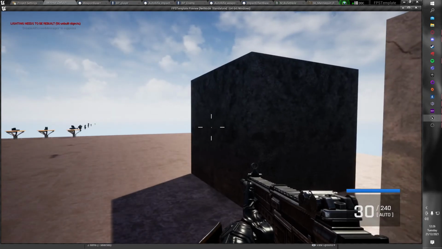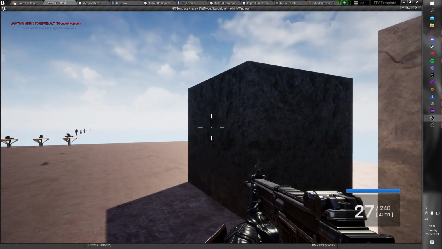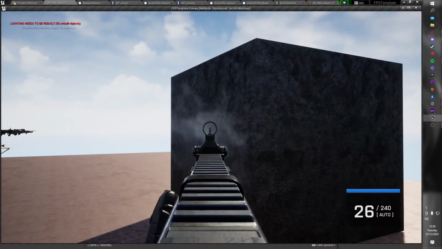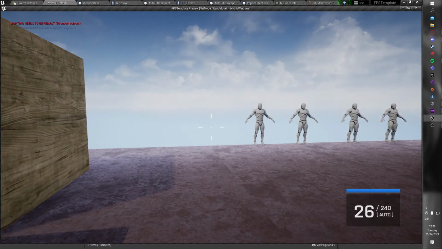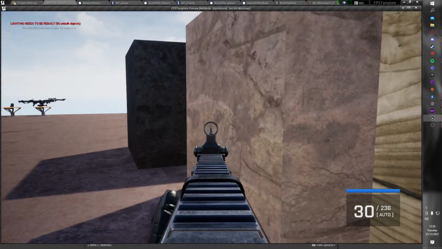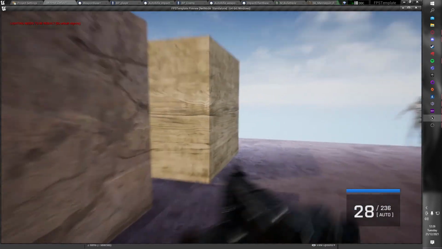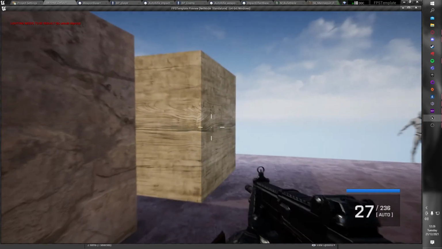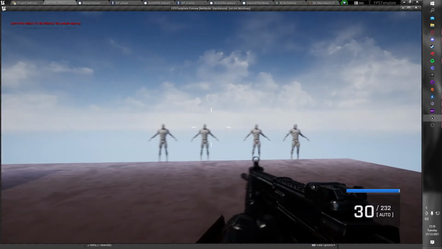So if we hit something that's metal, it sparks and has that ba-ding kind of sound. If we hit stone, it has a dust particle come off. And if we hit wood, it has splinters. And then